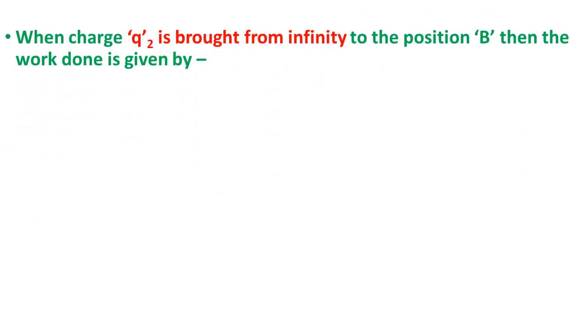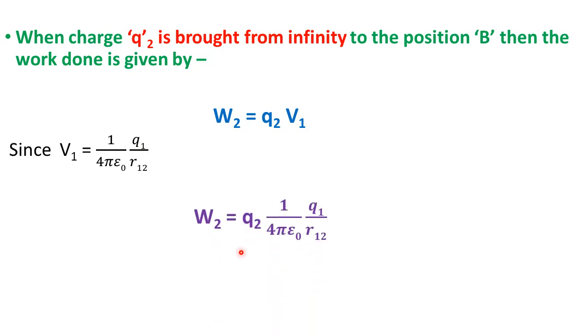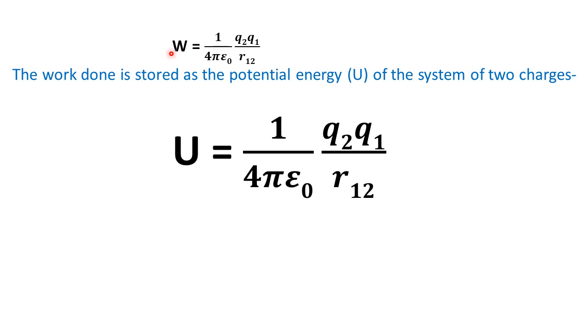So the amount of work done in bringing q2 will be W2 is equal to q2 into V1. Put in the value of V1, and you get W2 is equal to q2 into the potential at the position of q2 due to q1, 1 by 4 pi epsilon naught q1 by r12. This work done is stored in the form of potential energy of the two-charge system, and it is denoted by U. U is equal to 1 by 4 pi epsilon naught q2 q1 by r12, the electrostatic potential energy of a system